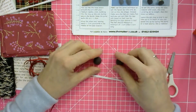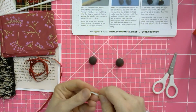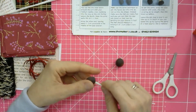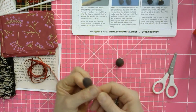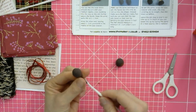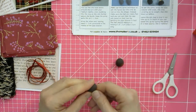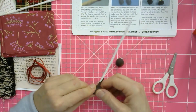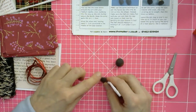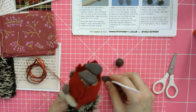Yeah, it's best to have them like a little tiny ball. Hook in your pipe cleaner, same as what you did before. Put the bit on the end, shape it across along the end of the pipe cleaner so that it's just that extra security. And then obviously you're going to have to shape it so that it comes out like a foot with a heel. Now with Heather, what I've done with my first Heather that I've made, I've given her pointy shoes,